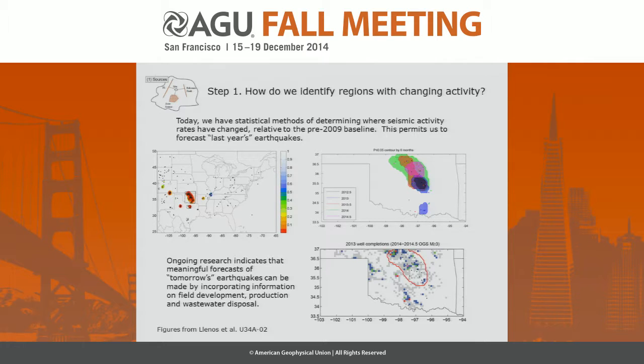She also indicated that there is some hope for developing new tools that use other types of information. For example, if we could learn how to develop a quantitative way of using, say, drilling information, injection information, there are many types of data that potentially could allow us to develop a more predictive model of where seismicity will be occurring. The problem with using this year's earthquakes to predict next year's earthquakes is we'll do a good job where this year's earthquakes will occur, but they will not inform us about new areas that may be showing seismicity. And this is where we hope that some of the type of industrial information that is available in most states